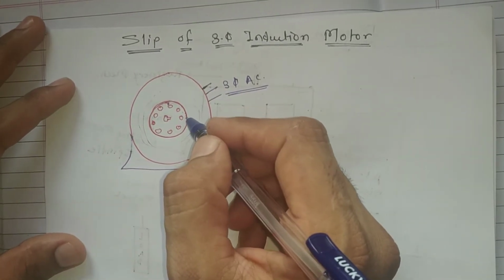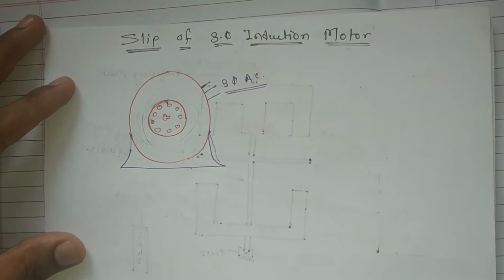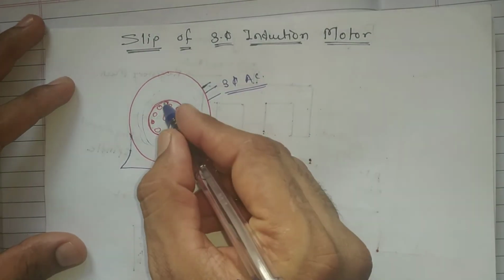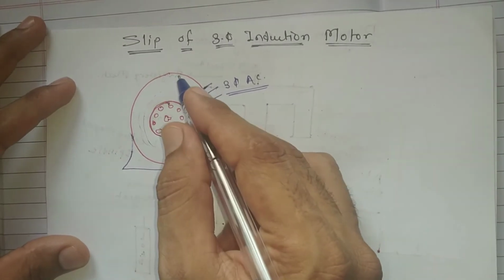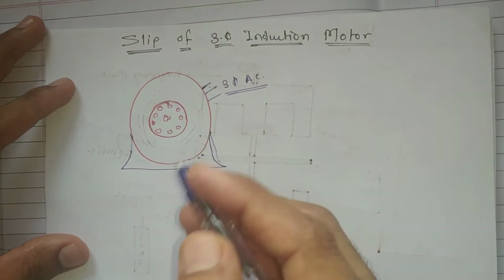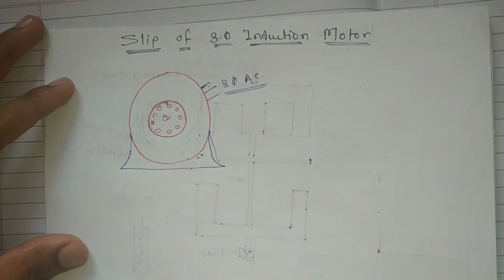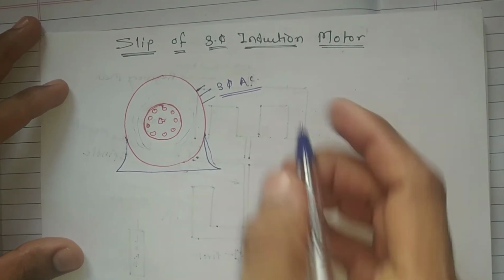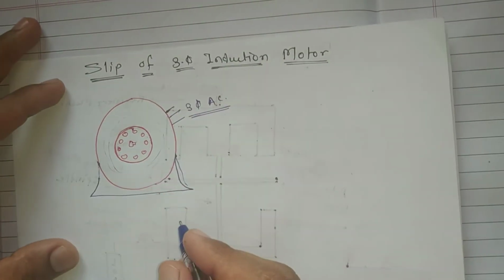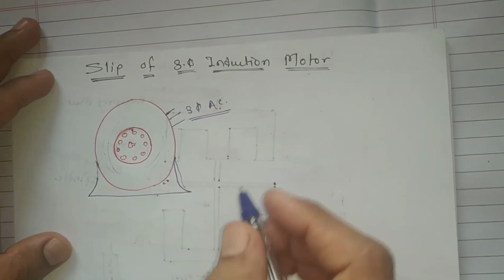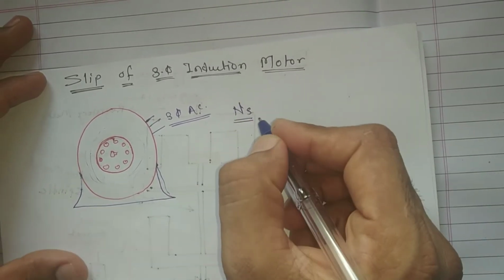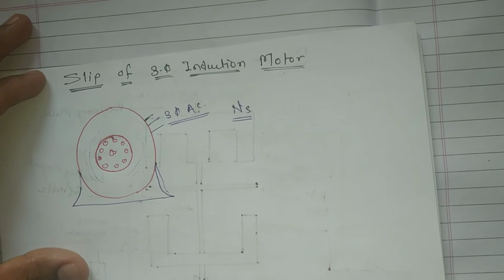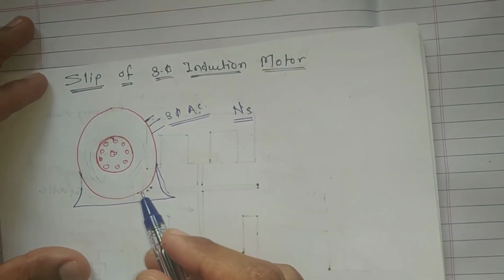Now we also learn about the working. What is happening here? Initially the rotor is standstill, but your stator is providing a rotating magnetic field. That rotating magnetic field will have some speed, which is known as the synchronous speed, and we denote it as NS. Remember this, I repeat: the rotating magnetic field speed, RMF speed,